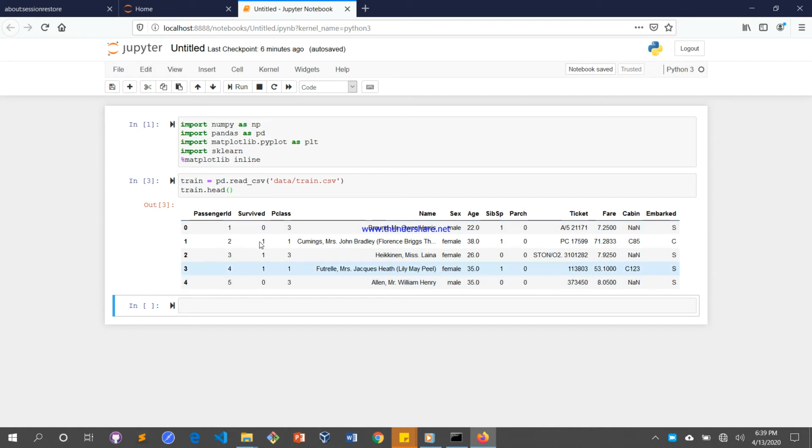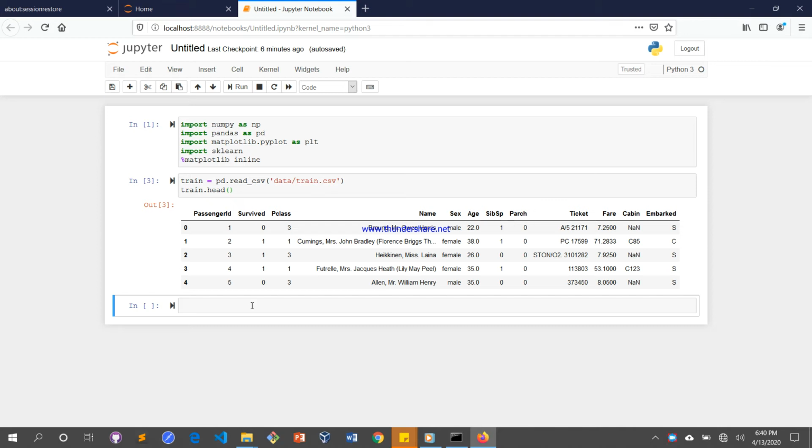So actually that's how it is. 1 represents those who survived, meaning passenger 2 survived. But to actually get this info, because you can't assume, you need to go in depth into the data